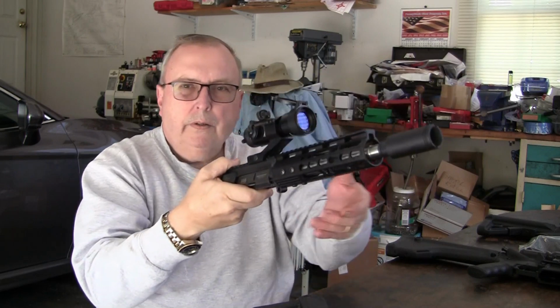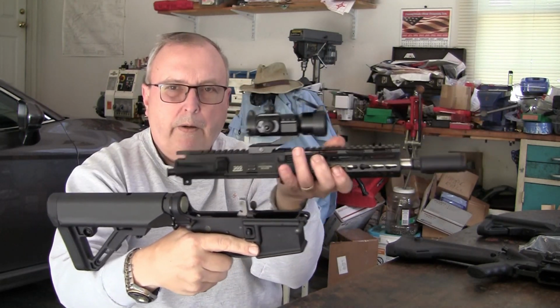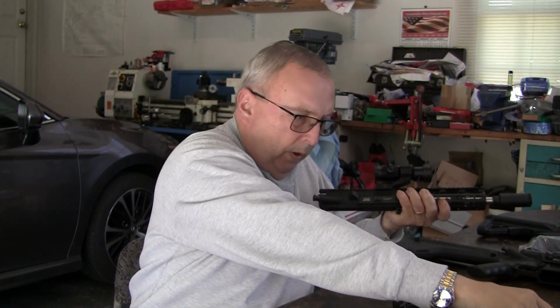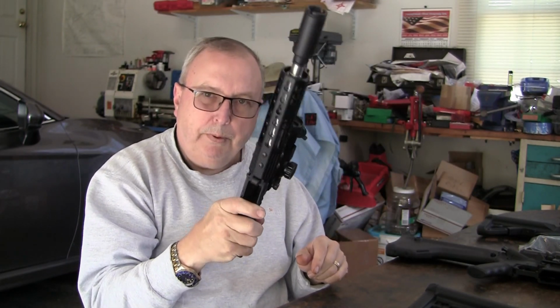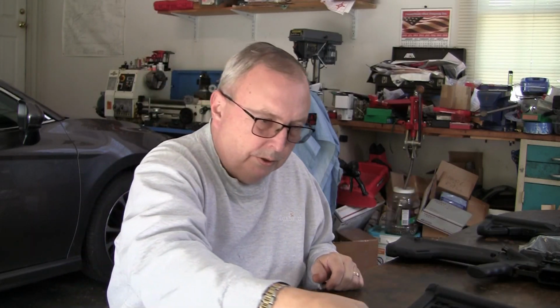If I took this 10-inch pistol barrel, and it will drop on there, mount on there, and function, onto this, in this configuration, it becomes a short barrel rifle. Okay, that is not a pistol anymore. This is a short barrel rifle with this pistol upper attached to this carbine lower with this stock configuration. Okay, this is what you got to be careful for. It'll drop right on there, it'll function, it'll work, but it is not a pistol,